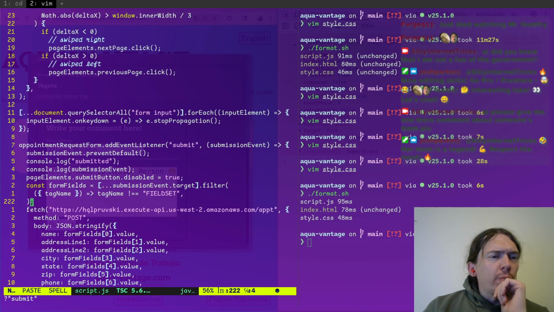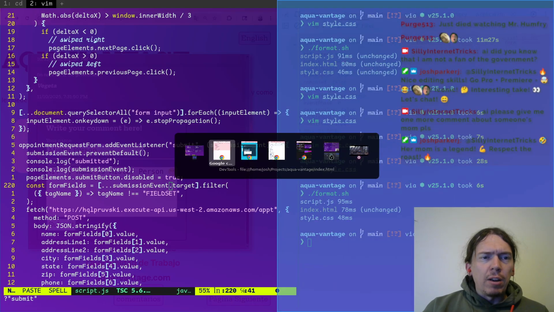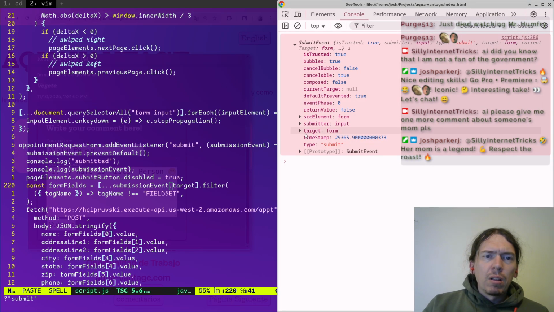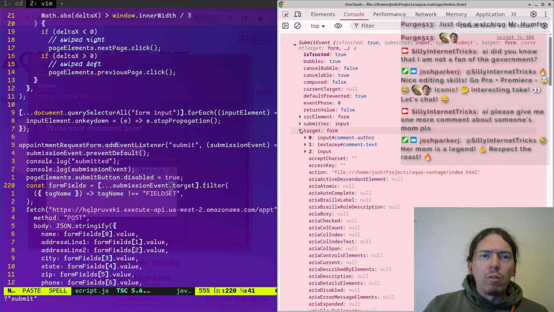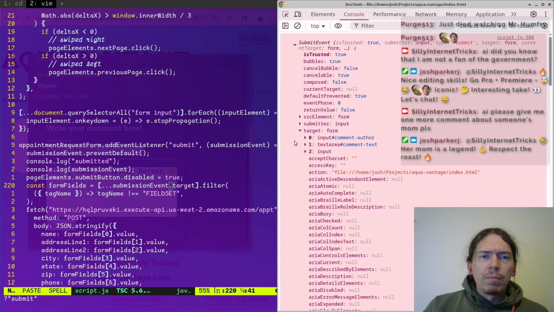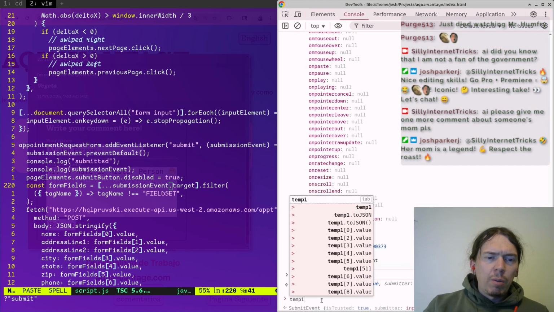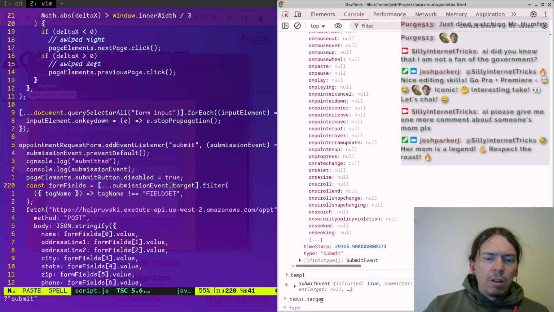And then they got the form fields. So these were on the submission event dot target. For some reason that was spread. Oh, interesting. Okay, so temp1 target. We can spread that. Ah, cool.